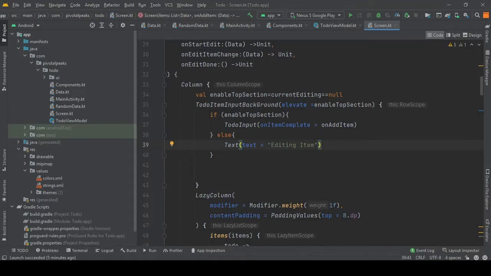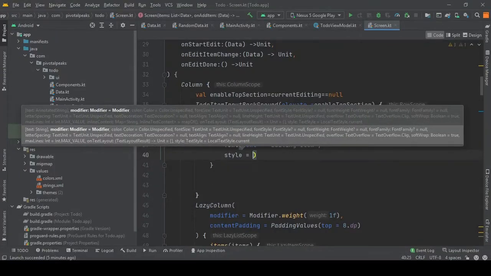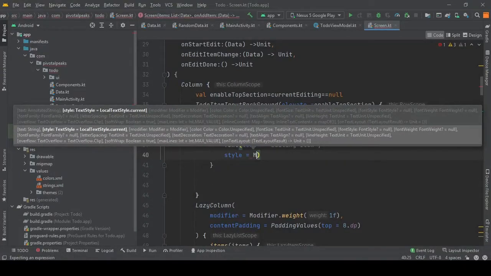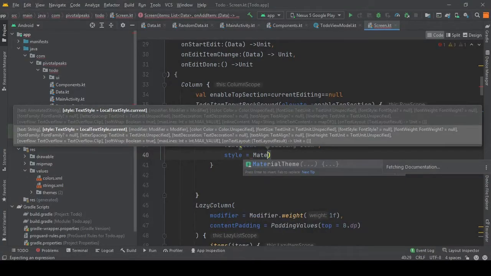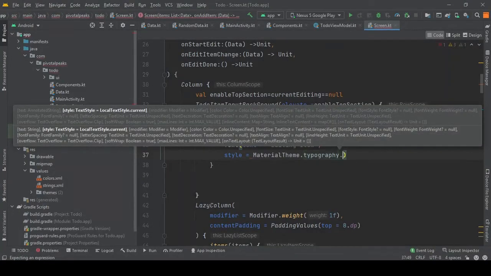And let's give it some styling. So style, and we are going to pass the typography. So material theme dot typography dot h6. So I hope you are familiar with the h1 to h6 or 7.